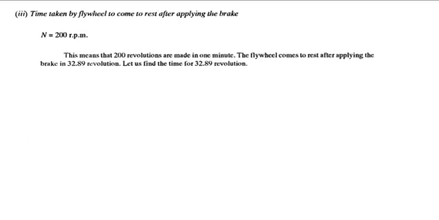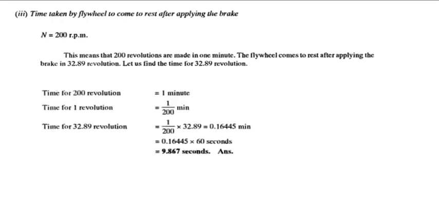Further, let us find out the time taken by the flywheel to come to rest after applying the brake. Now N is given as 200 rpm. This means that 200 revolutions are made in 1 minute, and the flywheel comes to rest after applying the brake in 32.89 revolutions. So let us find out the time for 32.89 revolution. Time for 200 revolutions is 1 minute. So time for 1 revolution will be 1 by 200 minute. Therefore, the time for 32.89 revolution will be 1 by 200 into 32.89, which is equal to